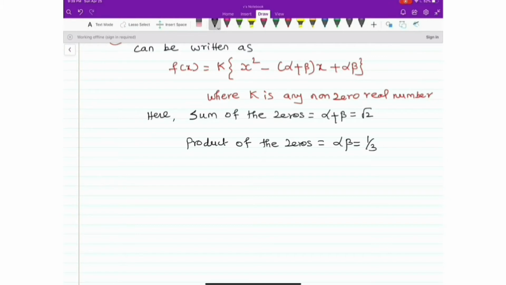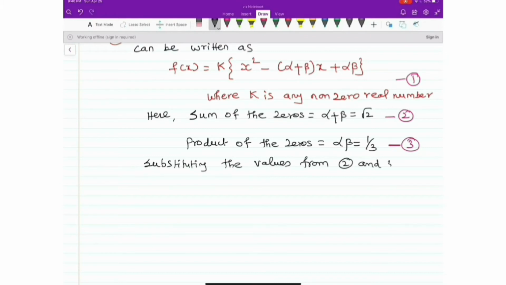Let me name the quadratic polynomial, the general form what I have written here as 1, sum of zeros as 2 and product of the zeros alpha beta equal to 1 by 3 as 3. Now, substituting the values from 2 and 3 in 1, we get